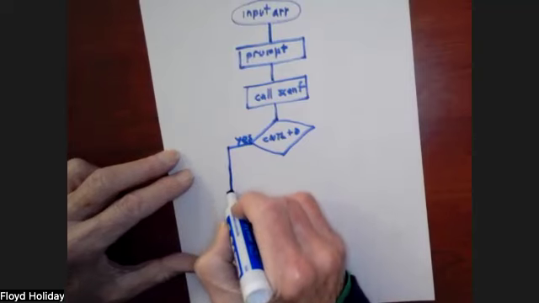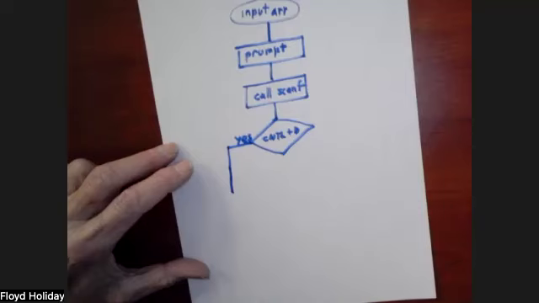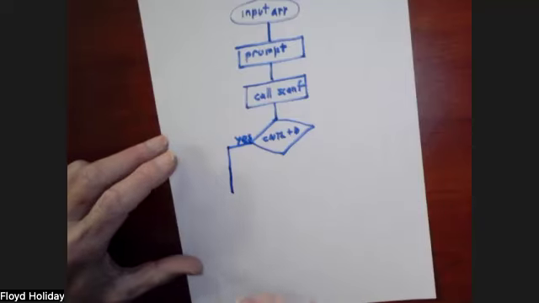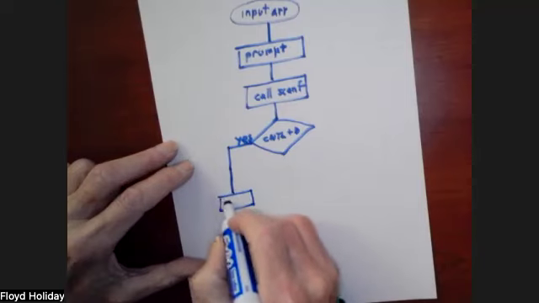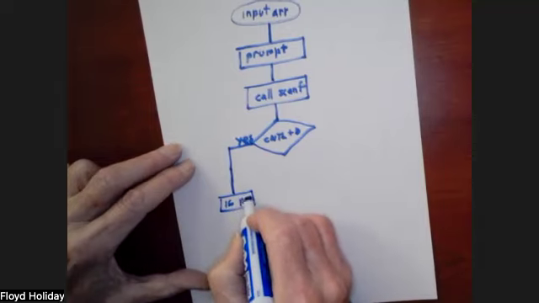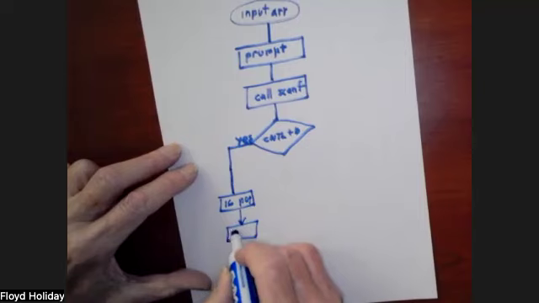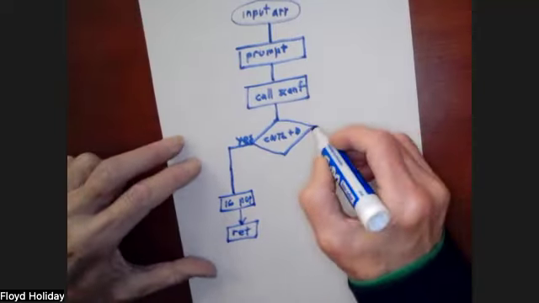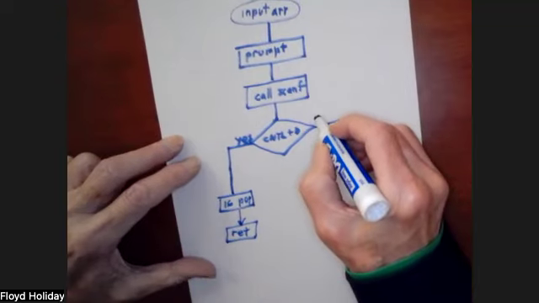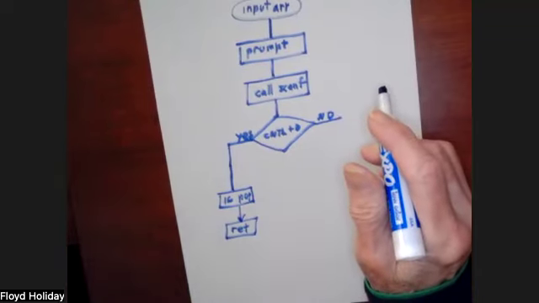But if yes, we go towards, what's at the bottom? 16 pops and return. Okay. If it's not a control D, that says no, then